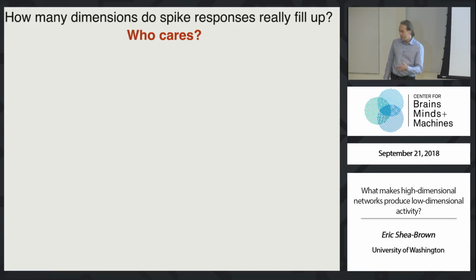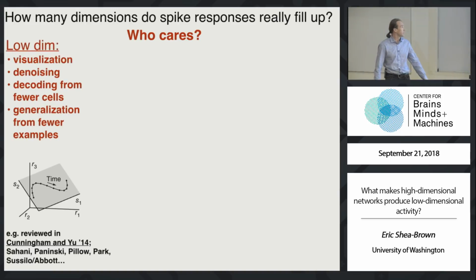Why are people, and why is this person, talking about dimensionality in the first place? Well, as we see reviewed in this paper and studied by these authors as well as many others, it turns out that the dimensionality of these data is a lot lower than it might at first seem, in other words, a lot lower than the number of variables or neurons, say, that I'm recording at once. There are advantages. First is visualization. I'm not lying too much when I actually try to look at the data.